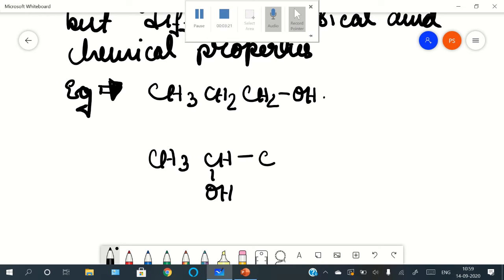CH3CH(OH)CH3 is also an example of alcohol comprising 3 carbon, but the hydroxyl group in the second example is situated on the middle carbon. So both of them have the molecular formula